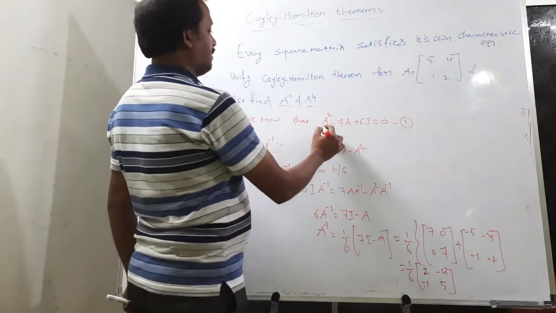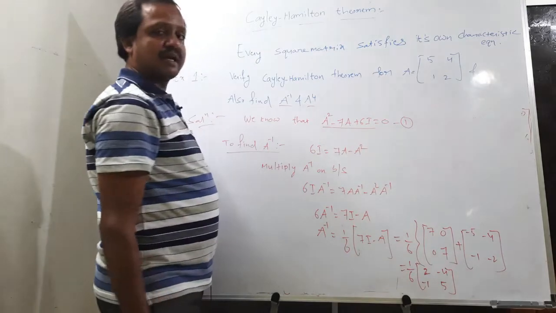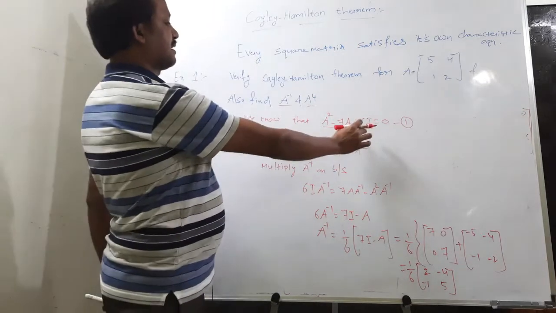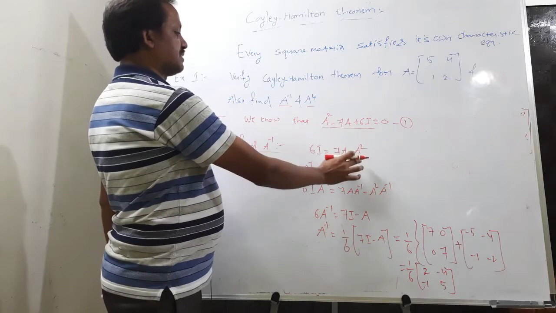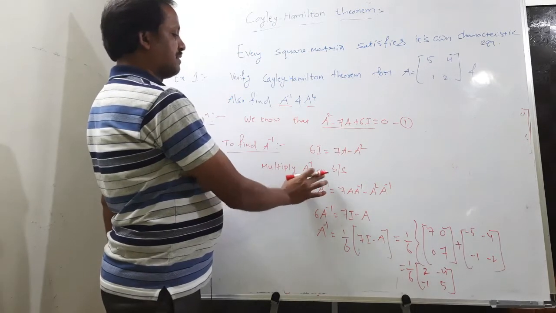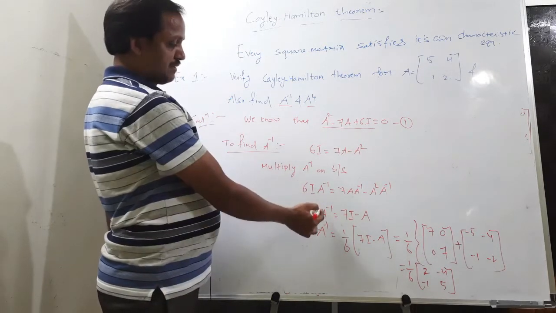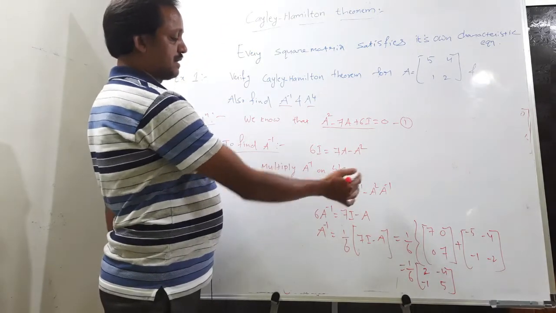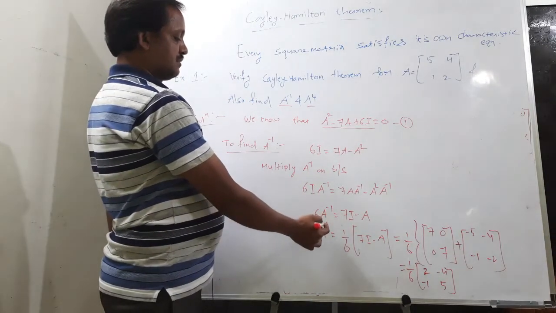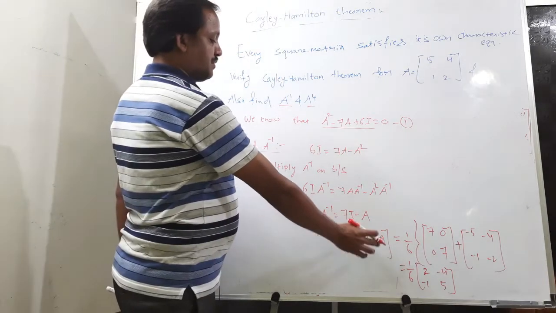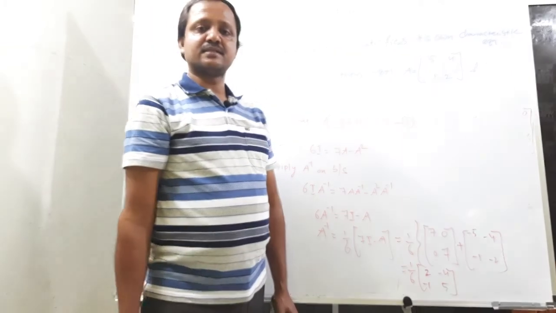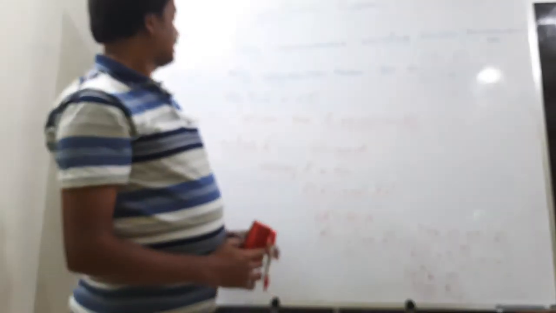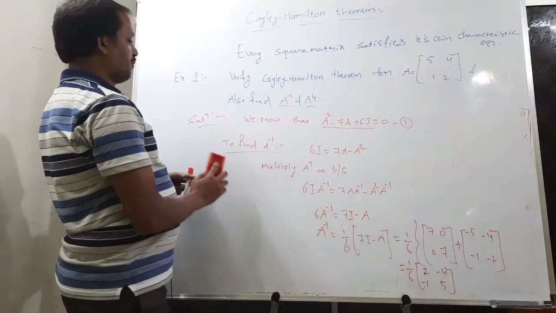From the Cayley-Hamilton theorem, we know every matrix satisfies its own characteristic equation. From that characteristic equation, keep the constant on one side, remaining on the other side, and multiply A inverse on both sides. So on the left hand side you will get A inverse, on the right hand side some other quantity. So simply by addition and subtraction, we are able to find A inverse. Okay. So next thing, to find A power 4.